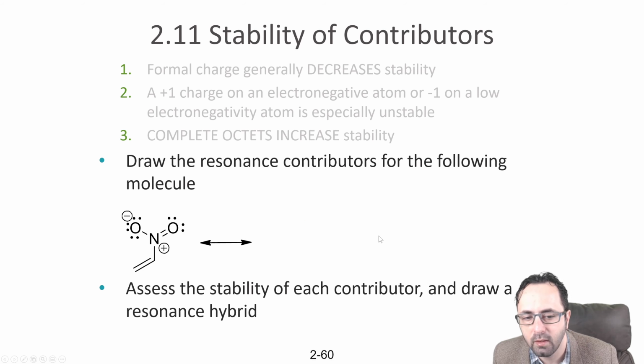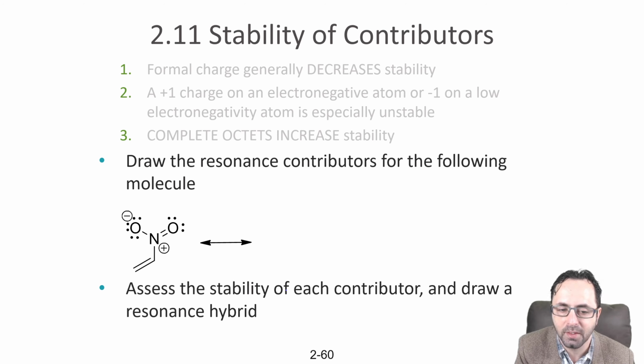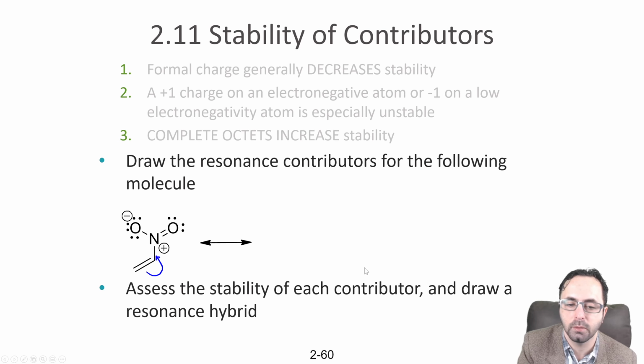Draw the resonance contributors for the following. So we have a number of possibilities here. There's quite a few. So one is that we could start by saying, okay, we have a double bond allylic, like that, right? Or an allylic positive formal charge. The positive formal charge is on the nitrogen, which is attached to the carbon on the double bond. And so we could get this structure,